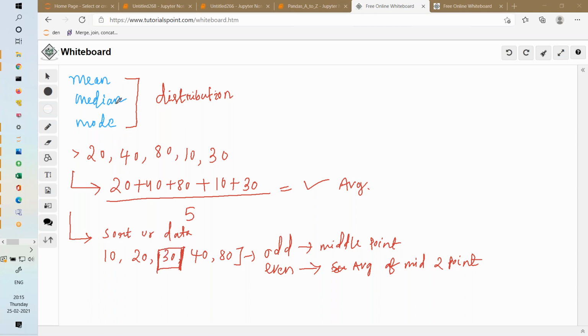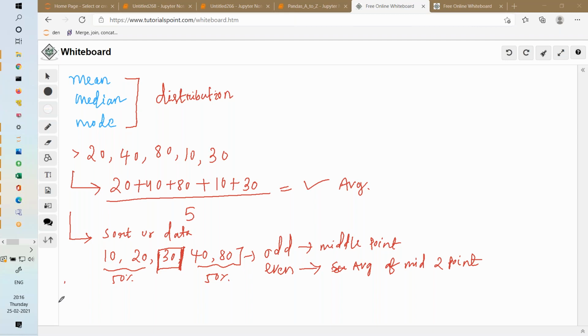Middle point or median will divide your data into 50-50. This is your 50% and this is your 50%. So median is the middle point which will divide our data into two 50-50 parts, right? If I divide my data at the median, it is 50-50. Let's say the median salary of a data scientist having 3 years of experience is 15 lakhs. So what do you understand? Let's say there are a total of 100 data scientists. Out of 100, 50% of the data scientists are getting a salary more than 15 lakh, and 50% of the data scientists are getting a salary less than 15 lakh. Median is the middle point, right? So that is my median.